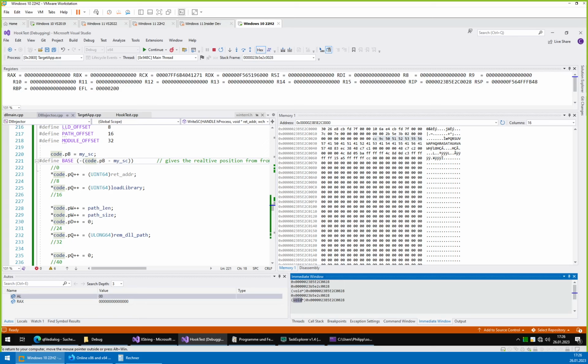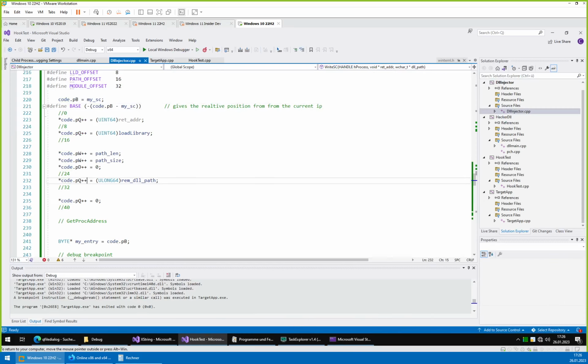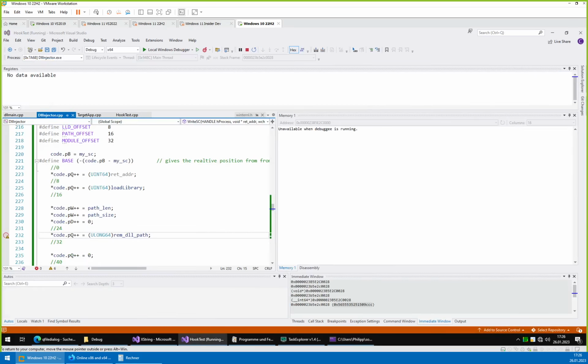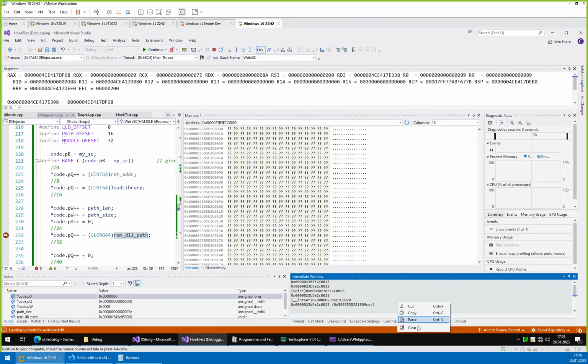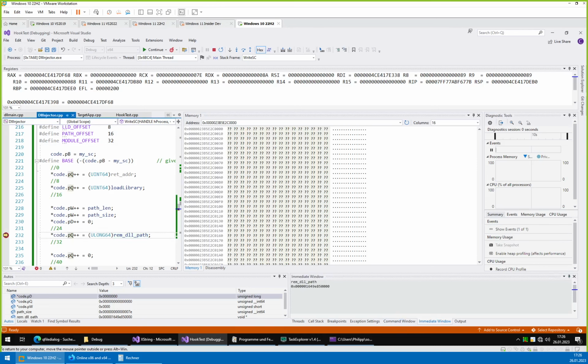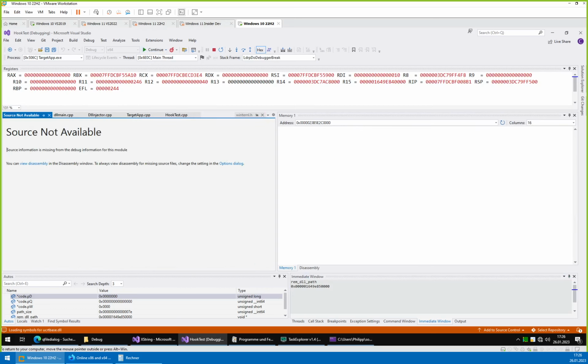Let's say it's a 64 asterisk at this address, and then it says CC. Okay, this cannot be valid. Let's stop it. Let's check a breakpoint here. What is our DL remote path? So this is the address we expect to be written into the memory, and it should be, and we are advancing it by the right type. So let's continue and